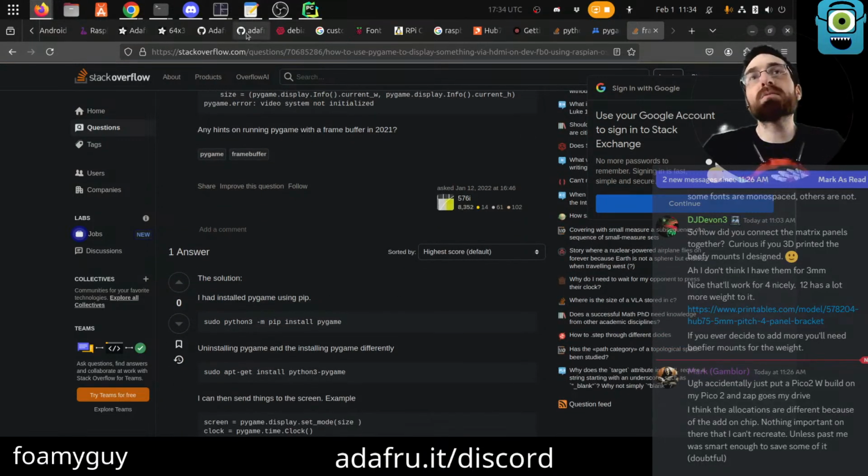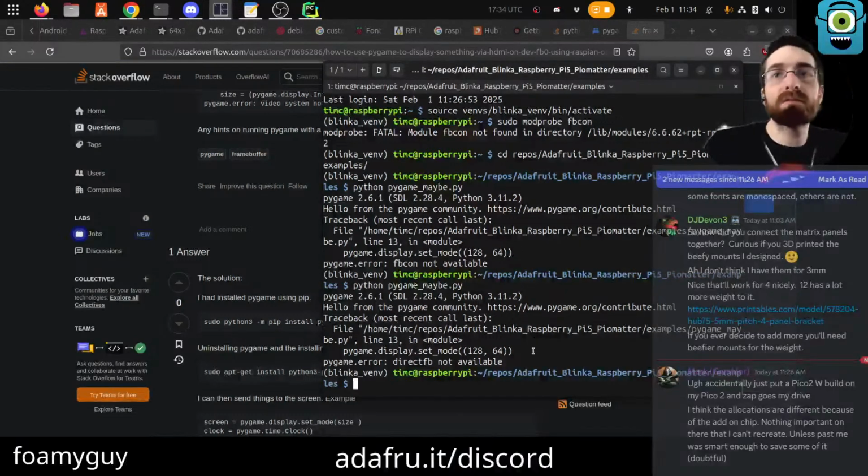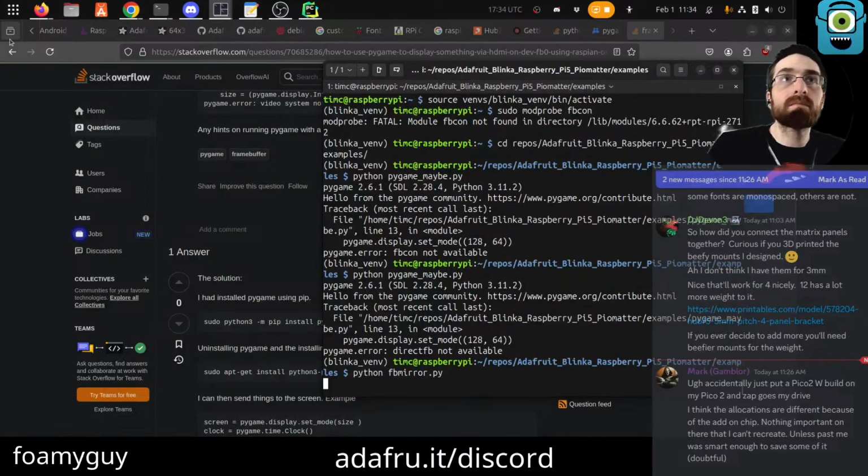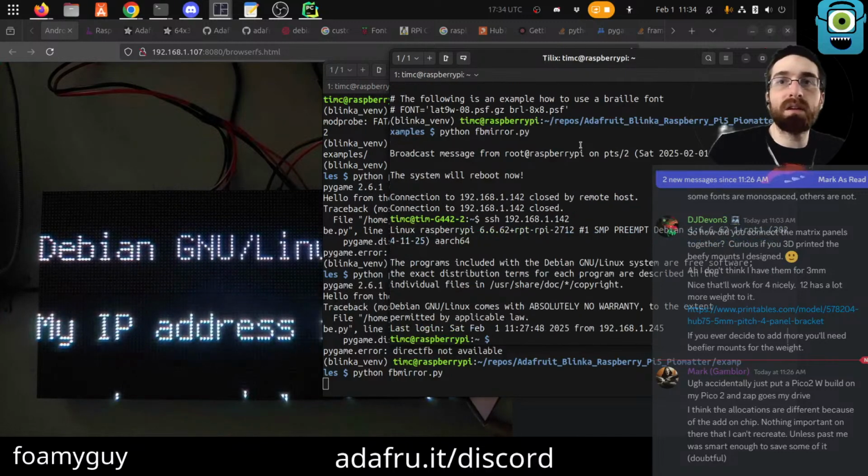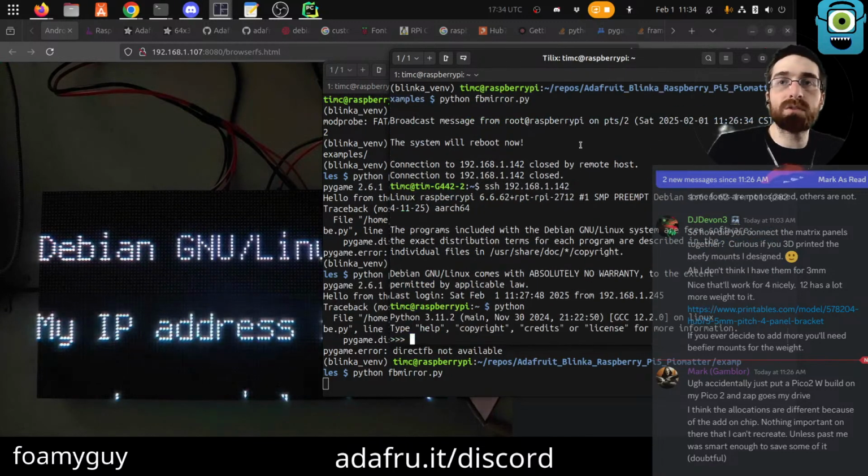So maybe I could run the Pygame thing. So what if I just go mirror from here? That's going to get the console onto there. And then in another one, we just use the system Python, which also has Pygame.